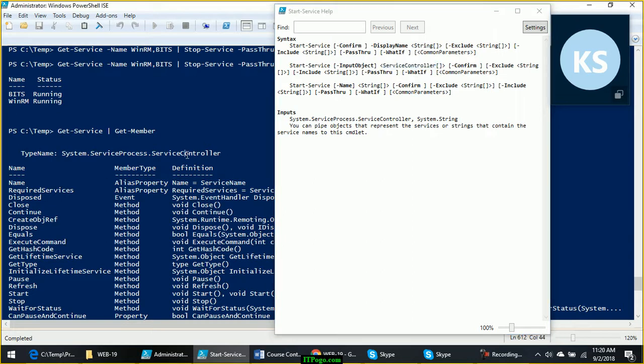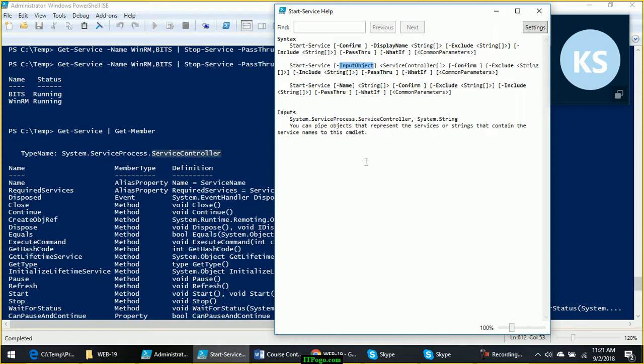So this is producing service controller and this also requires service controller. So using input object, these two commands are exchanging objects. Means the objects produced by the first command are accepted by the input object parameter in the second command. This is called plan A.